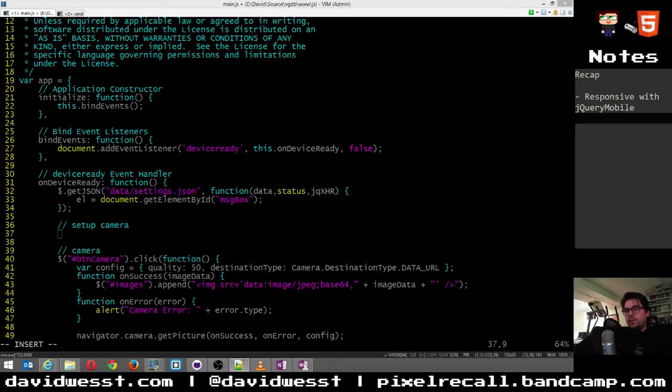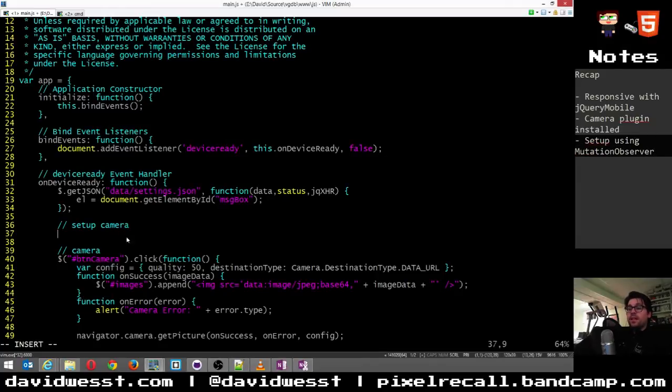Here, I'm just going to write down where we are. We did camera plugin installed. And now we're doing setup using mutation observer.